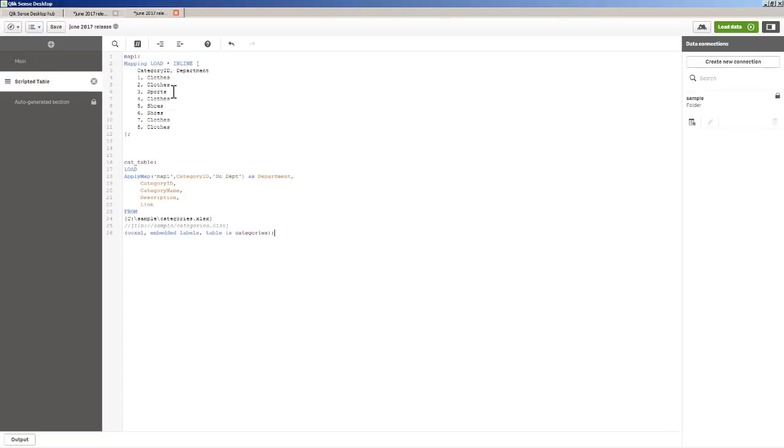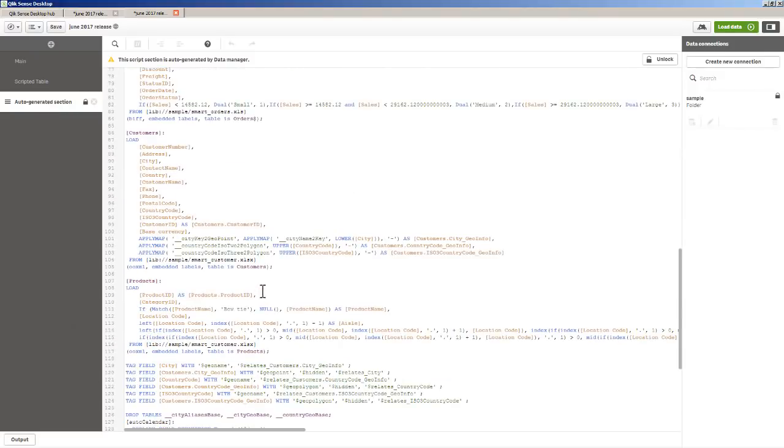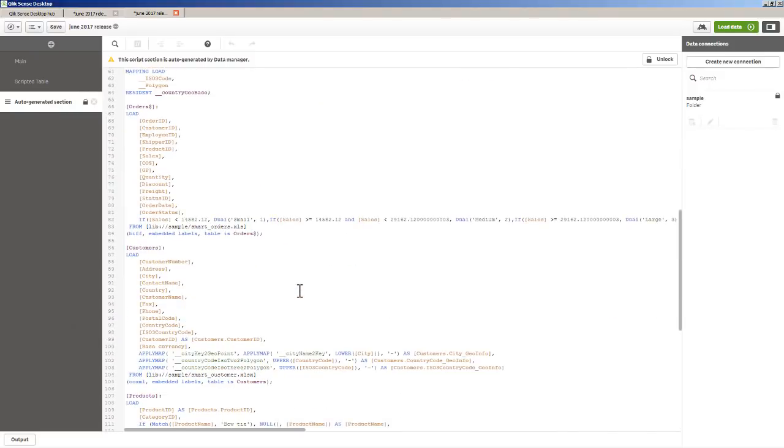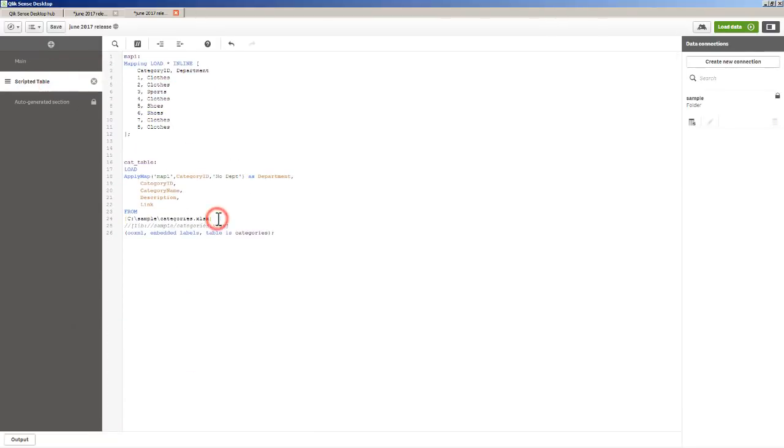At the time of this recording, this script that is going to create this table needs to be created above the auto-generated section. And just for your reference here, the auto-generated section is what the Data Wizard and the Visual Data Preparation pieces create. And you can see basically it's generating this script under the covers. Okay, and because we're using QlikSense, we're not using this type of reference. We're using the live reference, lib. So we're going to use that, and you can see I have the folder called sample already created, and that's how it's going to reference that table.